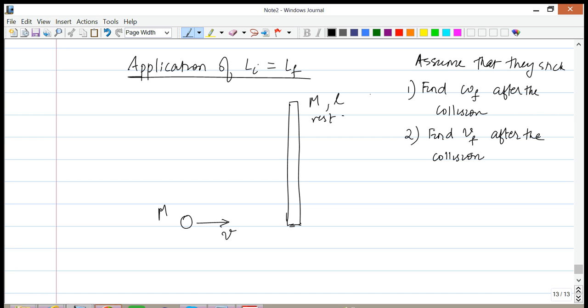Okay, so initially the rod is at rest, and assume that this is all happening with the rod lying on a horizontal surface. This is an aerial view. And there is a body of mass m that's moving with speed v. It's going to collide and get stuck to one end of the rod. And then the motion after this is going to be more involved than the previous problem.